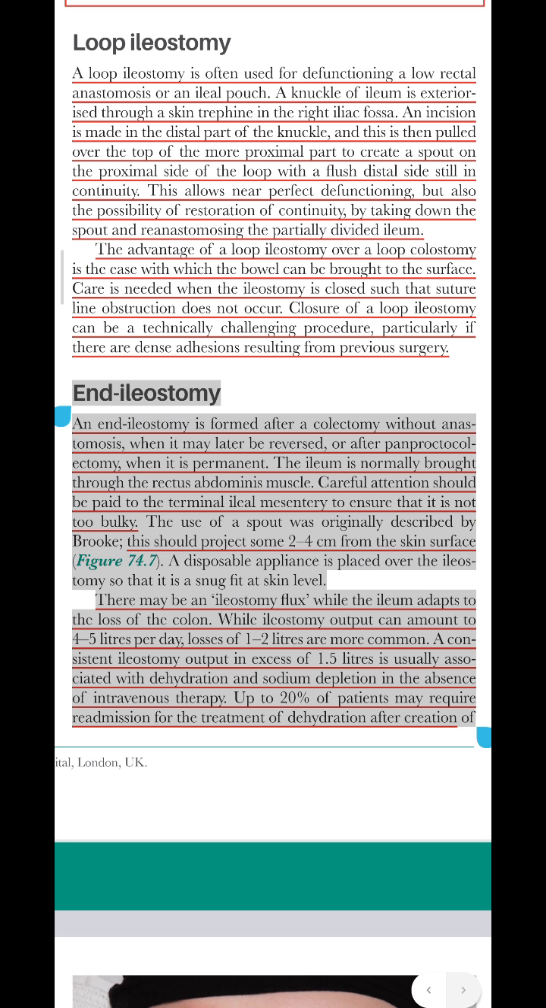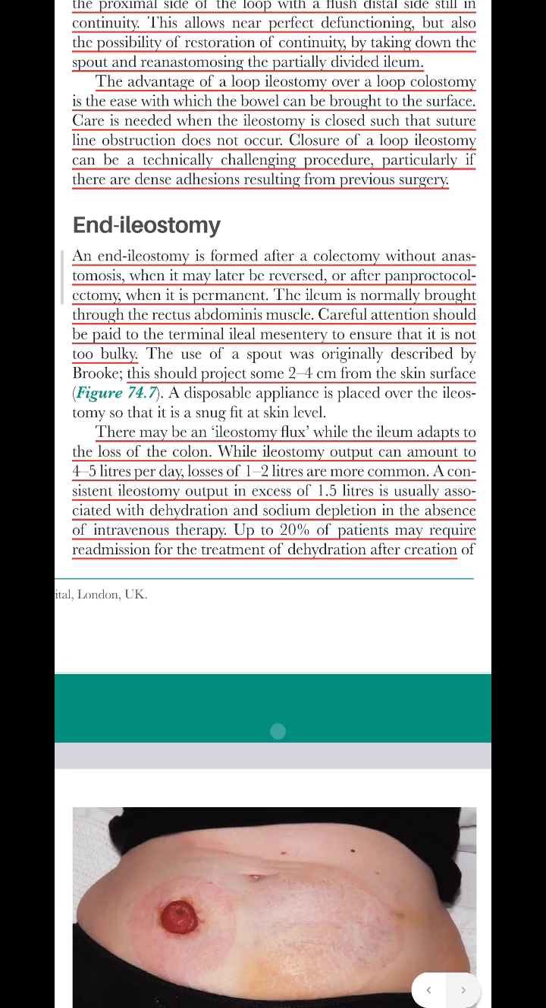A disposable appliance is placed over the ileostomy so that it is a snug fit at skin level. There may be an ileostomy flux, while the ileum adapts to the loss of the colon. While ileostomy output can amount to 4 to 5 liters per day, losses of 1 to 2 liters are more common. A consistent ileostomy output in excess of 1.5 liters is usually associated with dehydration and sodium depletion in the absence of intravenous therapy. Up to 20% of patients may require readmission for the treatment of dehydration after creation of